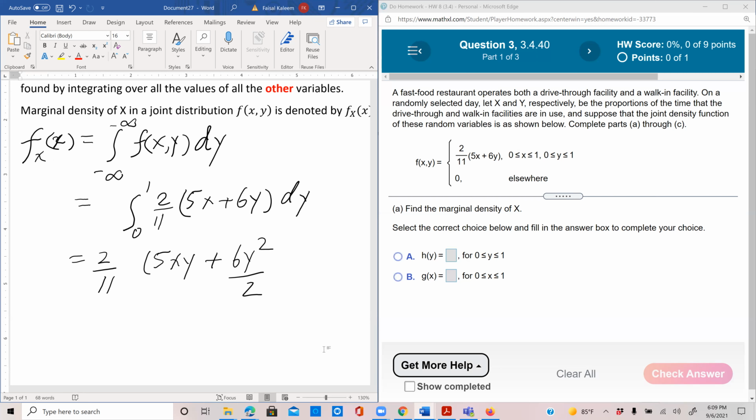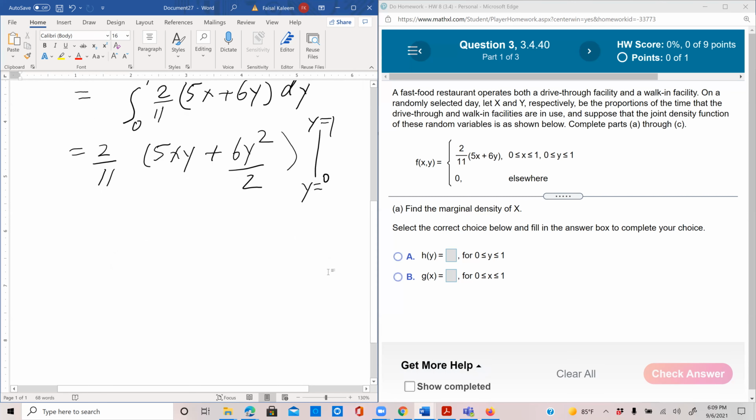Remember, in general, the integral of any constant is that constant times the variable of integration. Okay, so 0 to 1. And again, since all this business is for y, we may specify that y is equal to 0 and y is equal to 1, because now we have an ambiguity as to which variable we are putting the values for. Okay, so that's equal to 2 over 11,